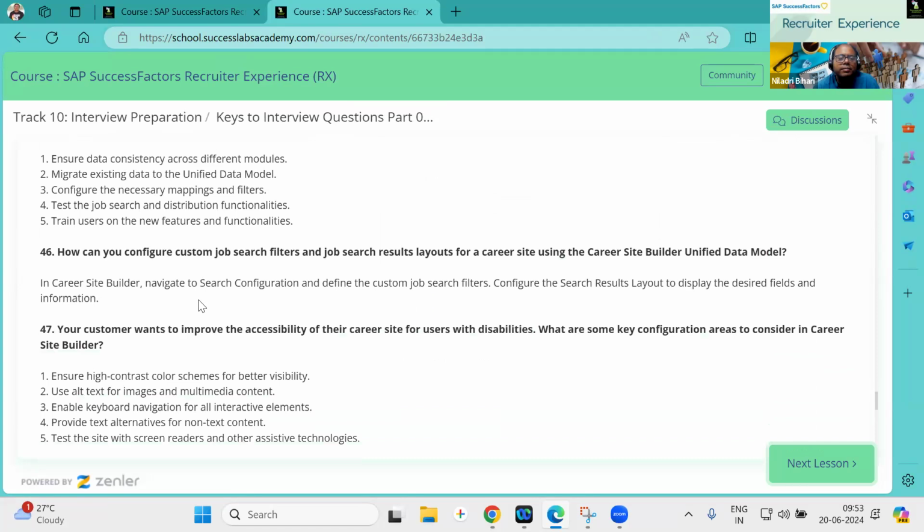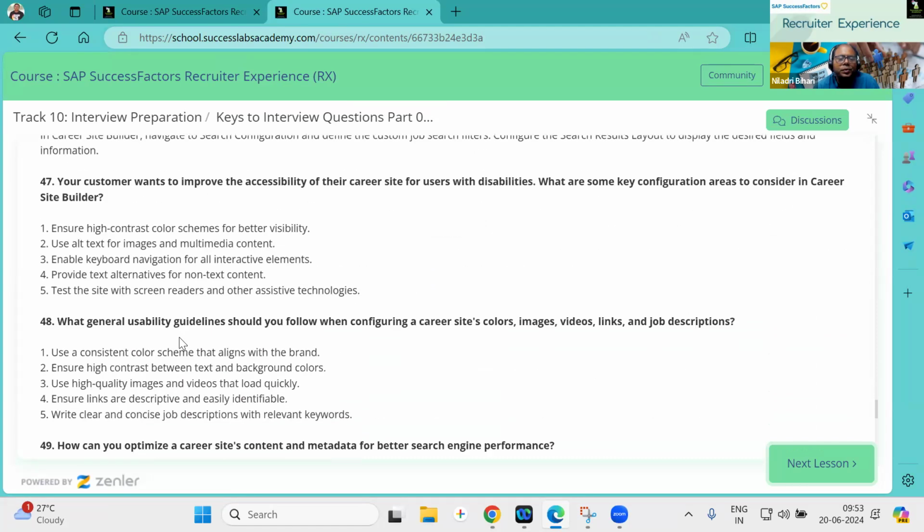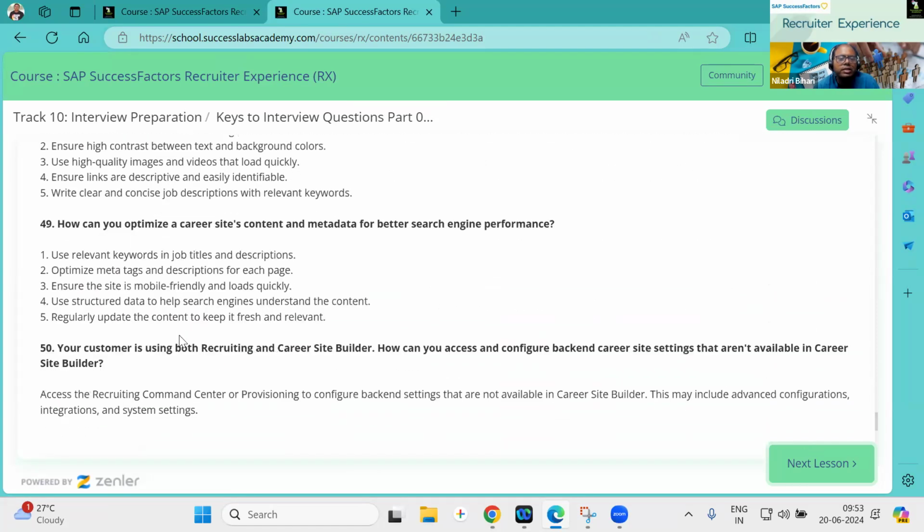I will take a few questions from there. Let's say you have already prepared a career site and would like to optimize it. How do you optimize the career site content and its metadata so that search engines can perform better? The rule of thumb: I have given five steps. Always use relevant keywords, because keywords are very important when designing job descriptions and job titles.